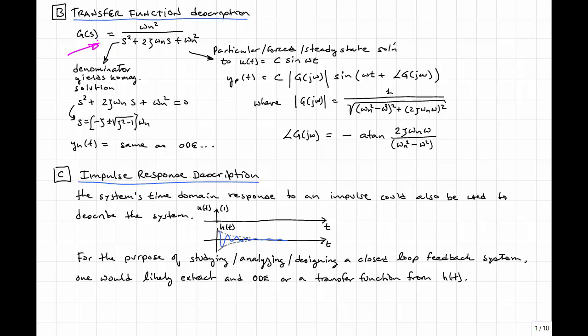function response. G of s is equal to omega n squared over a second order polynomial, which looks just like the characteristic equation or auxiliary equation that would come from solving the ODE. In this case, we can find the homogeneous or natural response by looking at the poles of the transfer function. And when we solve for the poles, we end up with two poles, two values of s, and we see the convenient form now that we profit from by using the damping ratio and omega n form of our